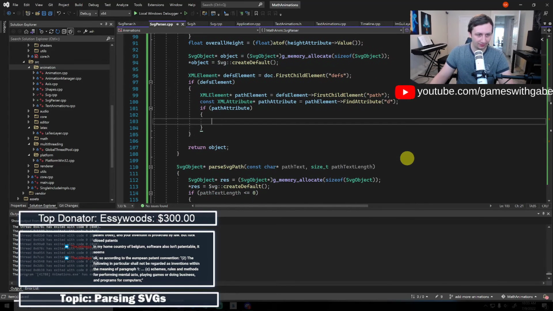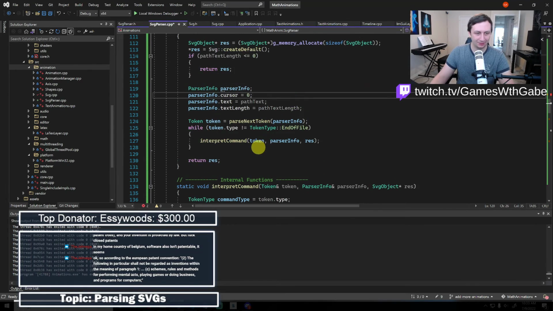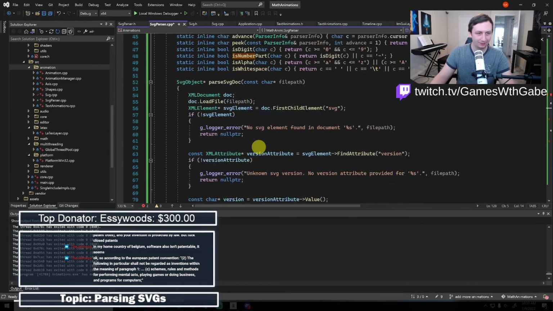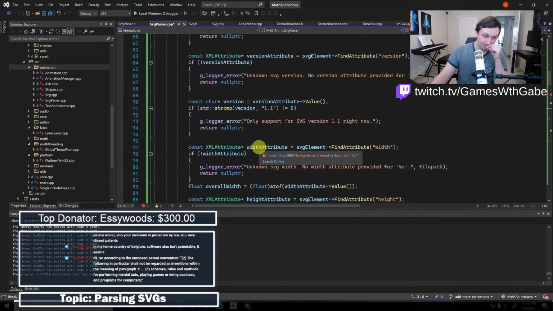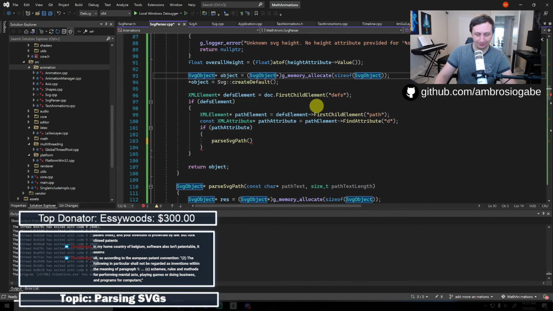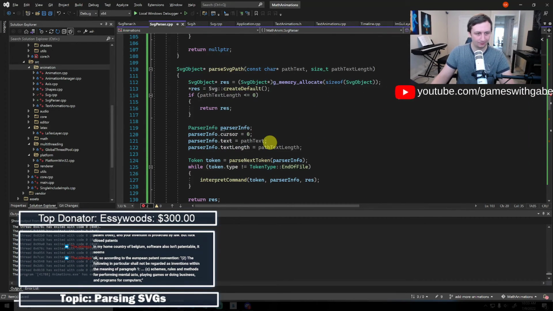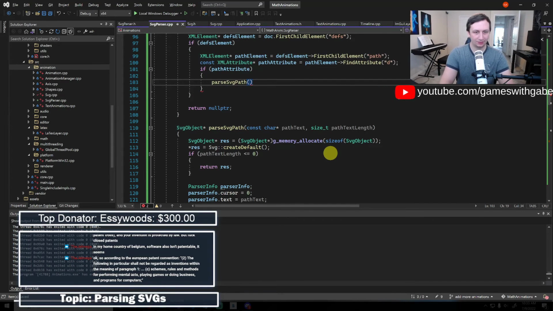So then I can finally say parse SVG path. Oh, and I think this is where it was. Okay. So this is what I was looking for. So I guess at that case, we could return this. We'll do this. Return. So this will say parse SVG path.